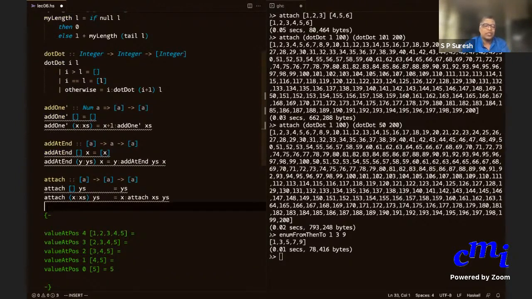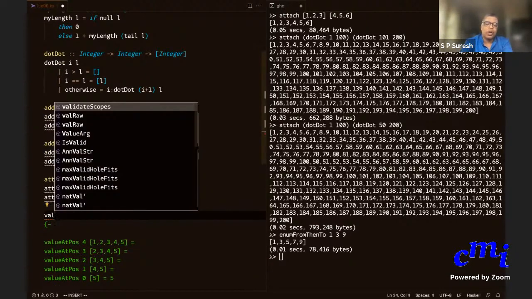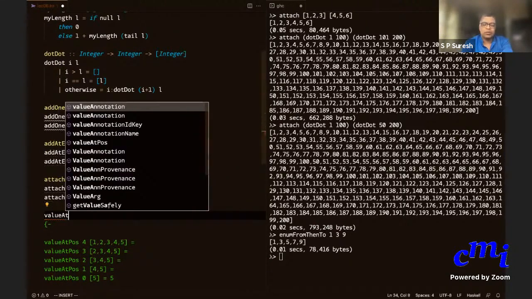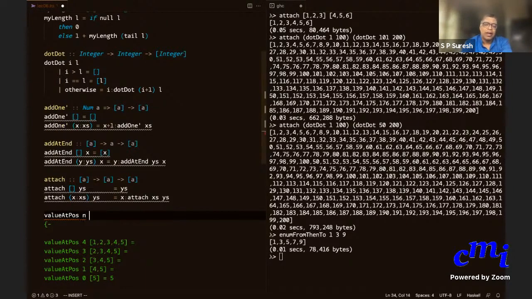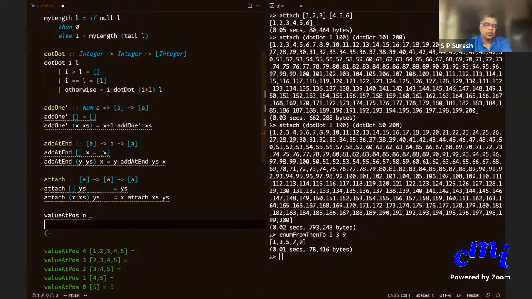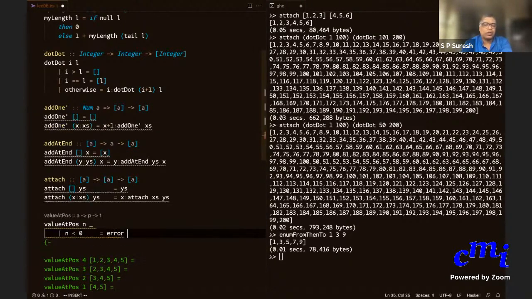So the way you write the function is: value at position n of a list. If n is less than 0, you say error, negative index.